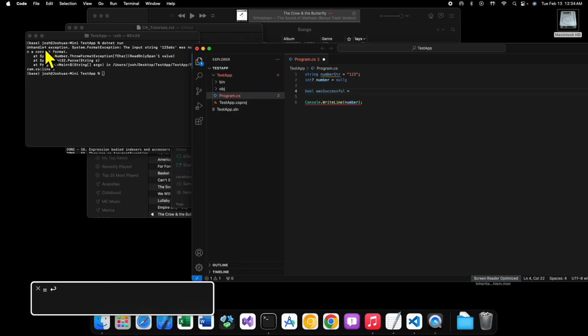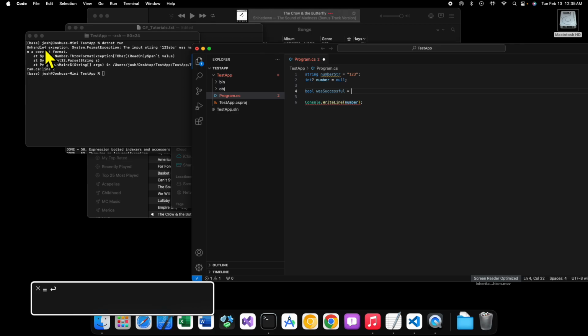Now, this will return a Boolean, as I mentioned before, so you can tailor your program's execution based on whether or not it was successful, right? So if it wasn't successful, you can have, say, a message box or some other sort of alert or message displayed to the user saying, hey, you didn't enter the correct kind of input, kind of thing. Or, if it was successful, you can then do whatever you need to do with that parsed integer, or double,